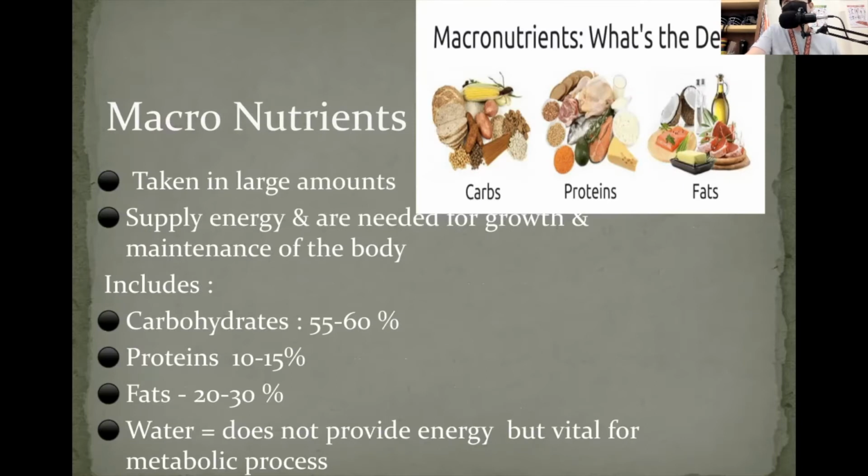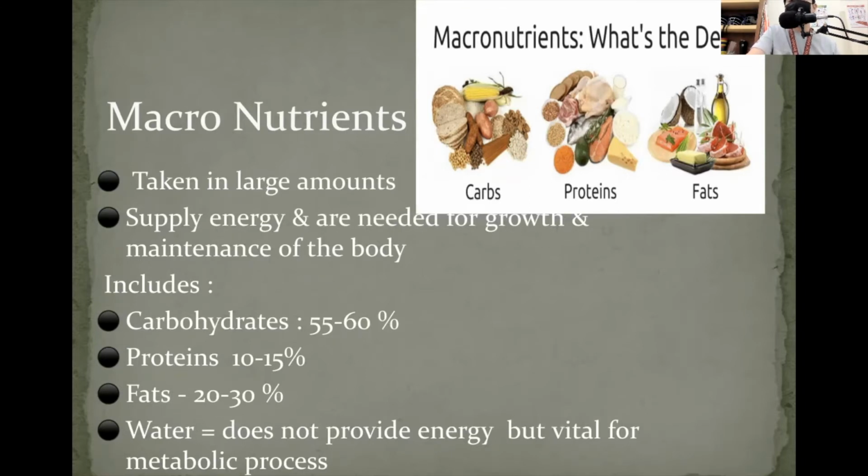Now, in nutrients, there are two big divisions or categories. We have macronutrients and micronutrients. Let's talk first about macronutrients. When we say macronutrients, these are the nutrients that our body needs in large portion or large amount. The most common example of macronutrients that we must have in a large portion are carbs or carbohydrates,